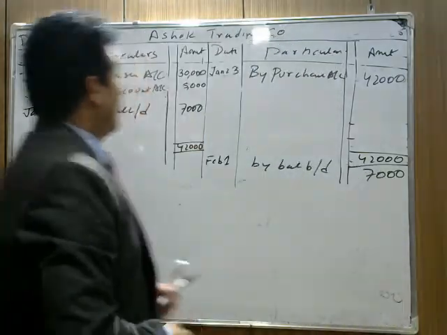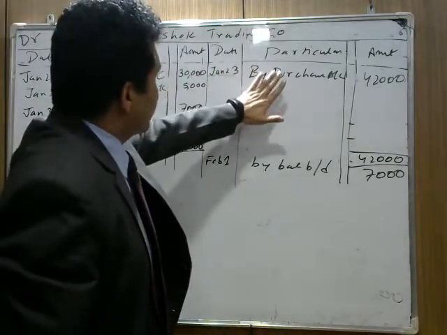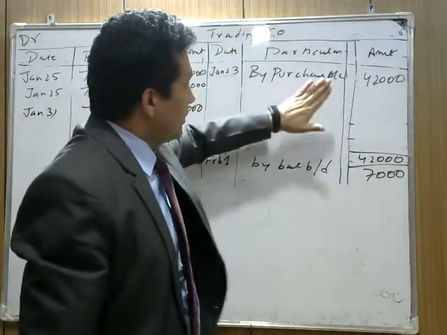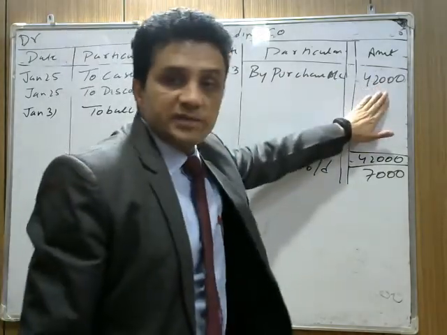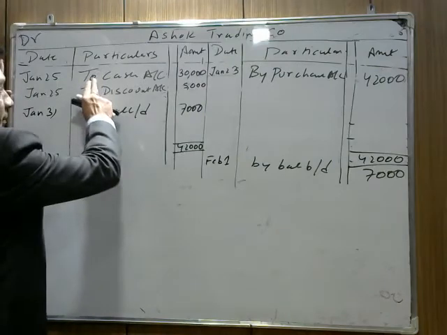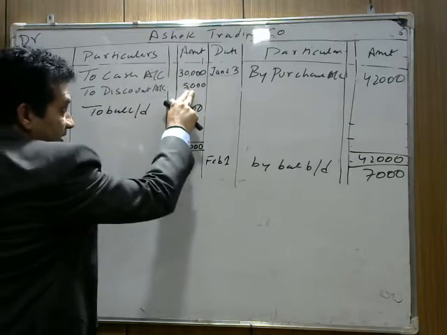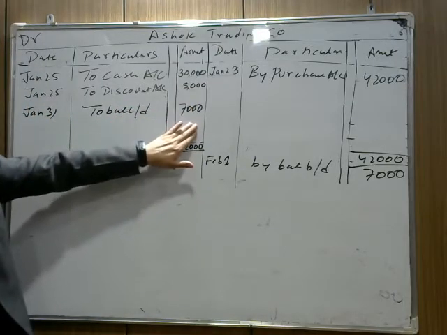Now from Ashok Trading Company we know that because we are preparing our ledger, हमने Ashok Trading Company का ledger बनाया. So we found this ledger. We know that on Jan 23rd we purchased goods worth rupees 42,000. हमने goods purchase किए थे Ashok Trading Company से and the goods costing is 42,000. On Jan 25th हमने Ashok Trading Company को cash pay कर दिया 30,000 in which we receive our discount of rupees 5,000. अभी हमें अशोक ट्रेडिंग कंपनी को स्टिल कितना और पे करना है?